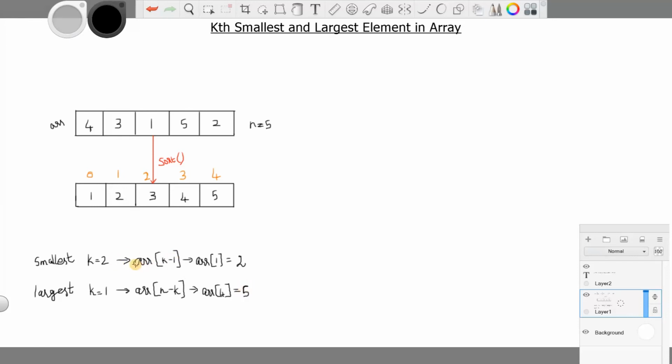So using this index and simple operation itself, you can find the kth smallest or largest element in the array. You can also use other approaches to solve the problem in linear time. Currently the time complexity is big O of n log n.